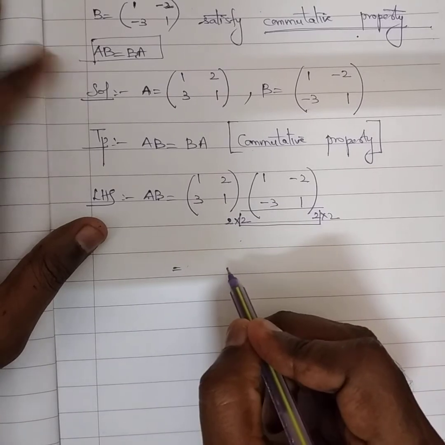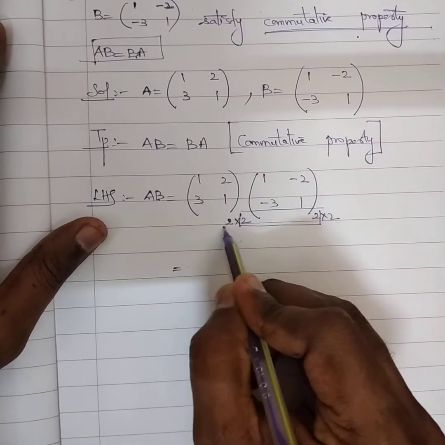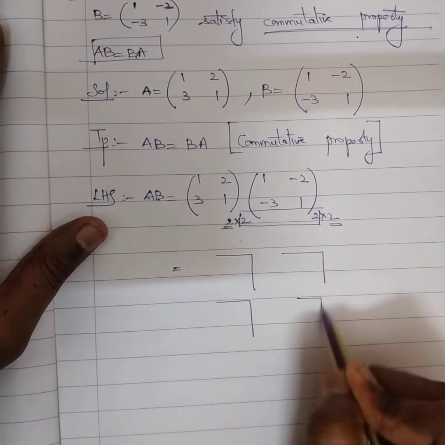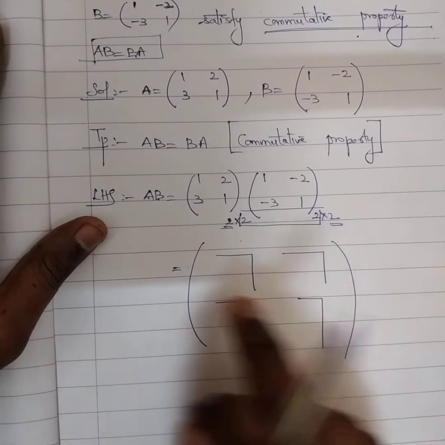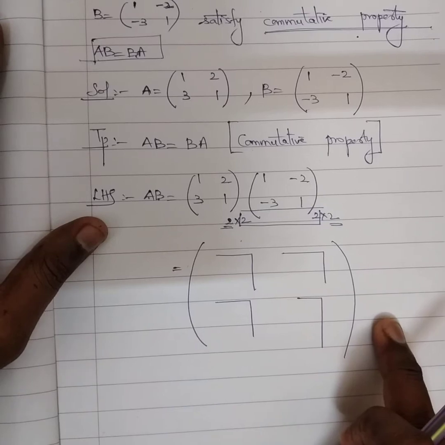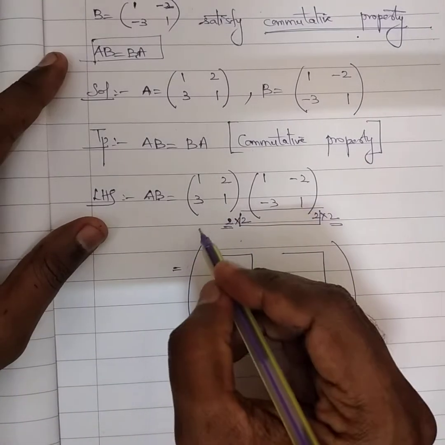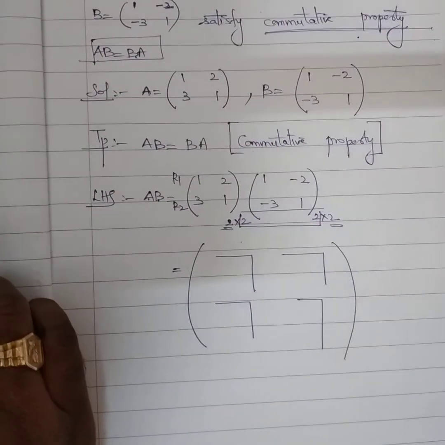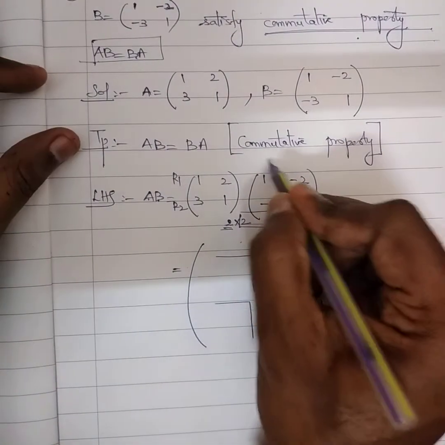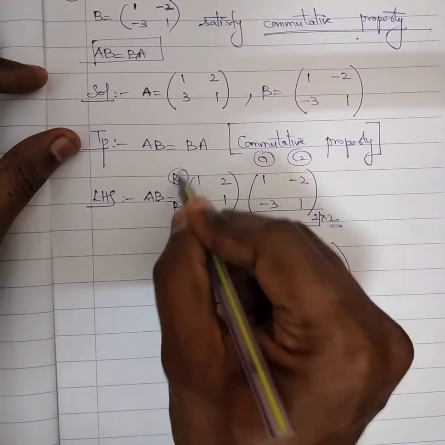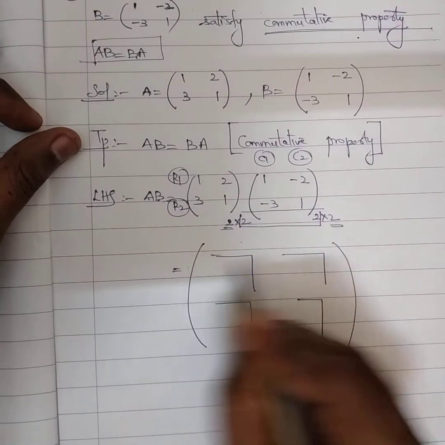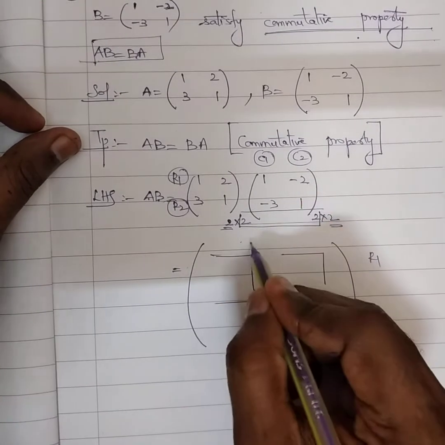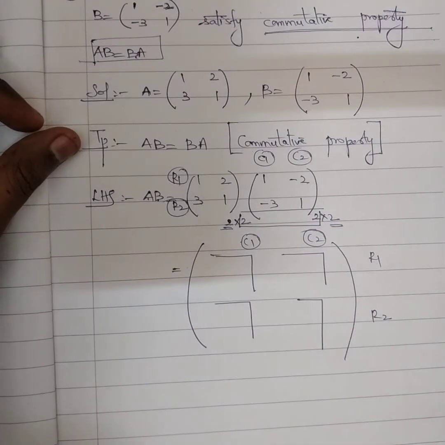I had told in the previous video session itself, the resulting matrix is nothing but 2 cross 2. I need to put 2 rows and 2 columns. So use this matrix. How many rows are present here? 2 rows. How many columns? 2 columns. In the first matrix we need to take only the rows R1 and R2. In the second matrix we need to take only the columns C1 and C2. This one is called R1, this one is R2, this one is C1, this one is C2. So apply now.